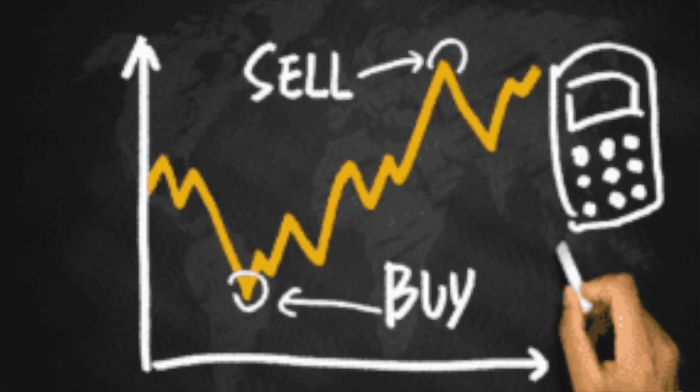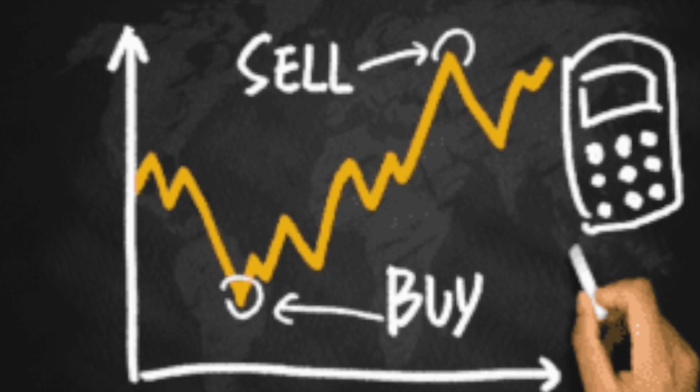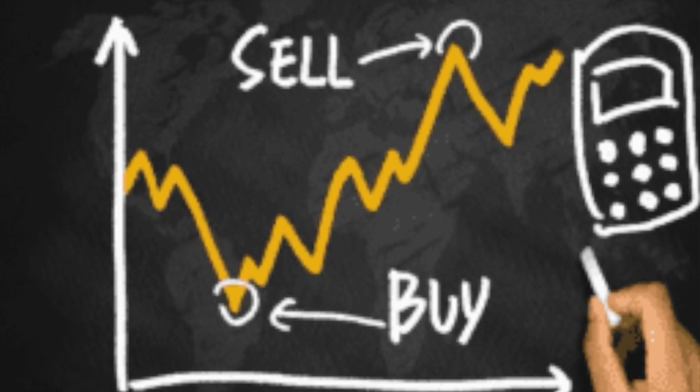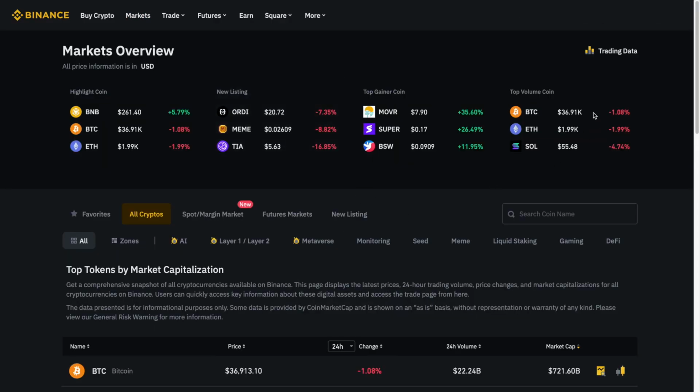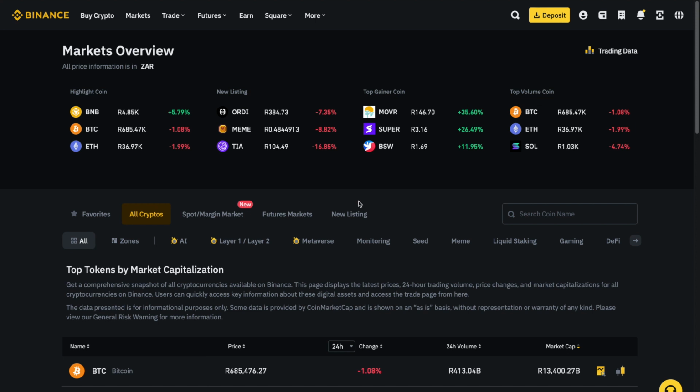For example, you'd buy Bitcoin at a lower price and then sell it later at a higher price, and people don't know when exactly they should be buying and when exactly they should be selling. So in this video I'm going to show you how exactly you're going to make passive income with spot trading,